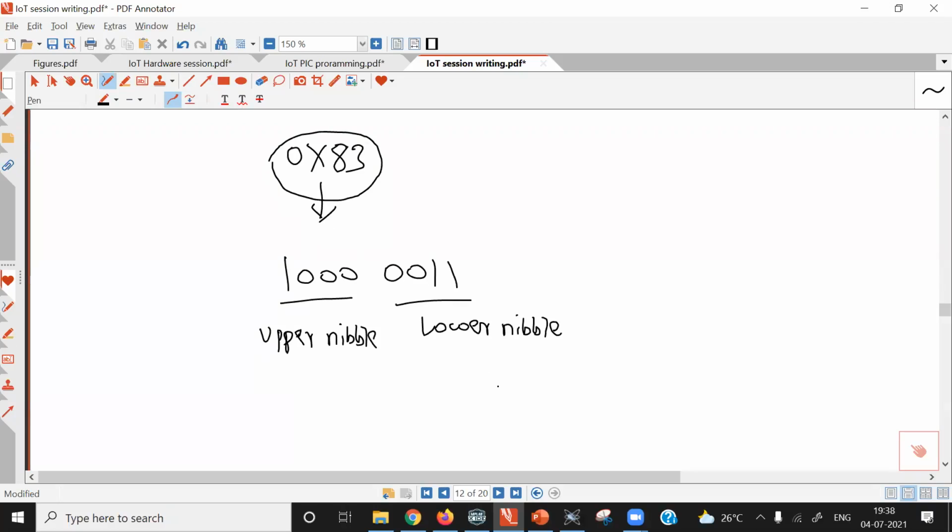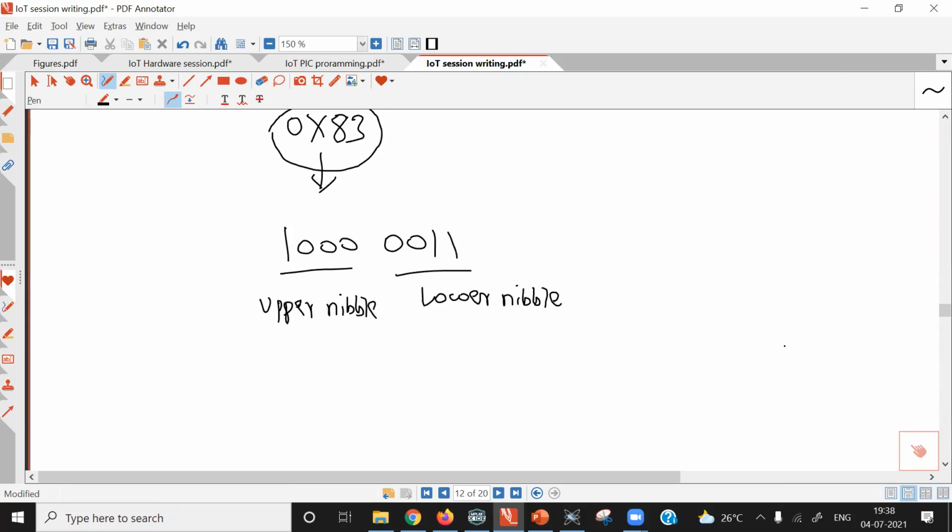So when you do the ANDing operation, suppose our value is 10000011. I have written the same here, and then ANDing with 0x0f. If I write 0x0f in binary, 0 means 4 zeros and f means 4 ones.